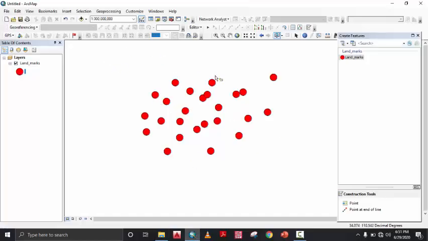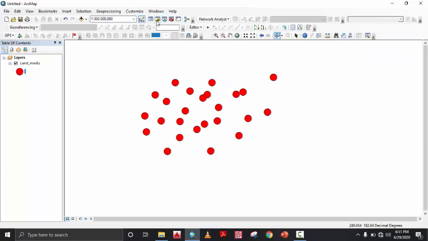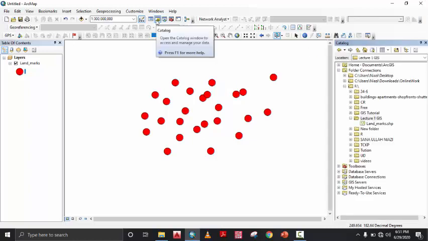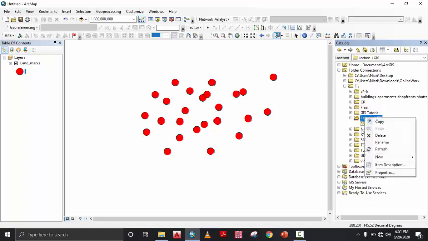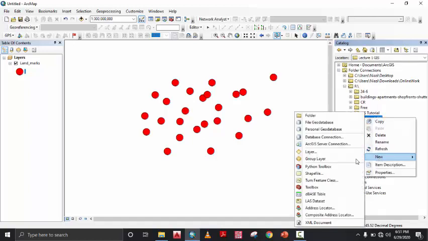So now I'm going to create a new shapefile of, you can say, a line. So how will I create it? The same procedure you have to follow. You have already connected the folder. Just click on the catalog and you can see the folder which you have connected. So I want to again save in that lecture 1 GIS. So I will just go to new. After going to new, I will go to shapefile again.